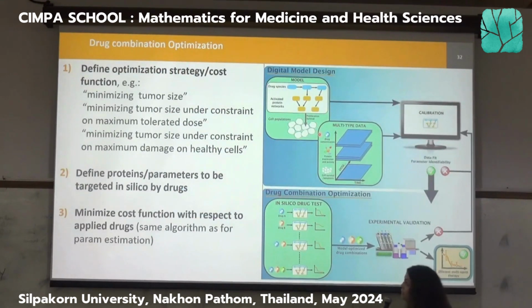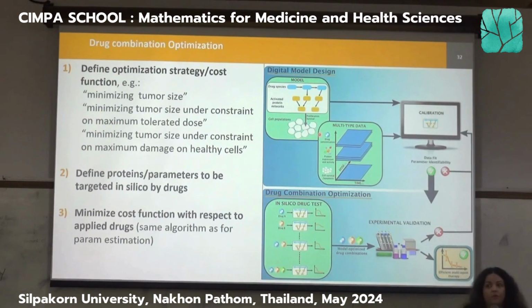So this is the first thing that you want to do. Number one, define what you want to do. What is the strategy? And in terms of mathematics, what would be the objective, basically? So usually, for cancer, for oncology, that would be I want to minimize my disease, I want to minimize